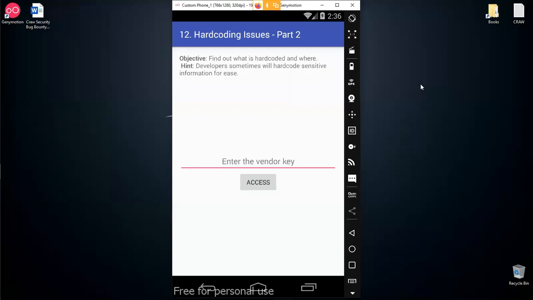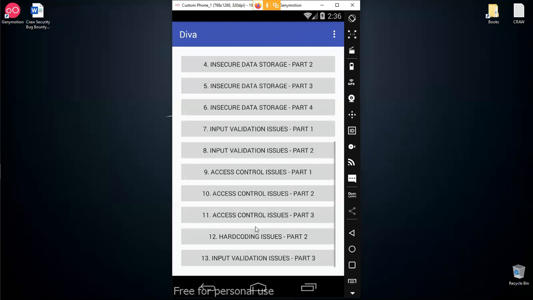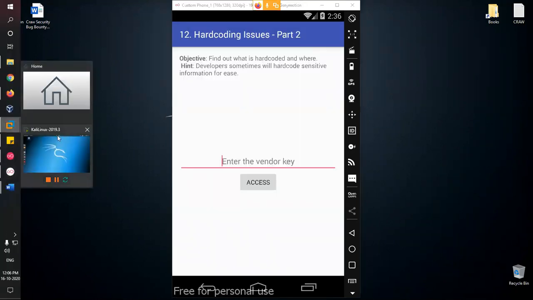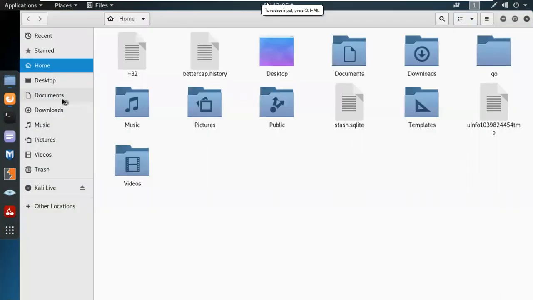Today we're going to start our challenge number 12 and 13. That would be our hard coding issue part 2 and input validation issues part 3. So let's start with the first one, which is our hard coded issue, and over here we're going to take our Linux machine,